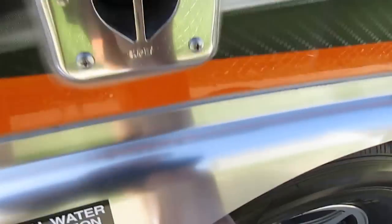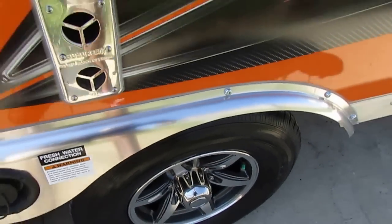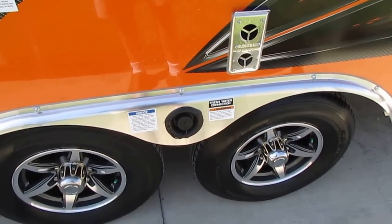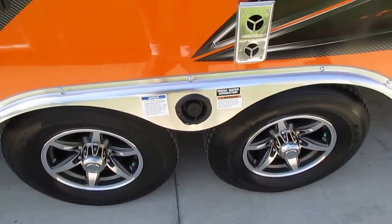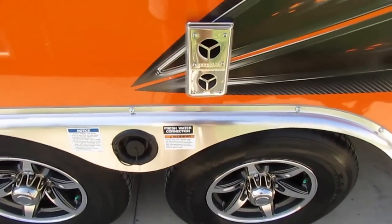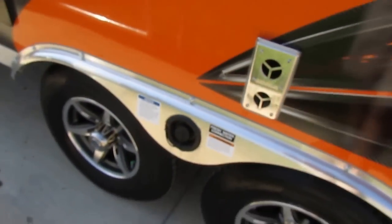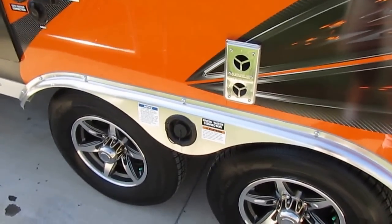You've got 15-gauge steel wheel wells. So if you ever have a blowout, it's not going to damage your camper. You've got a lot more protection against damage to your camper. Other brands use a really thin piece of aluminum or plastic wheel wells. These are 15-gauge metal. It's got incredible 3,800 pound cargo carrying capacity, and because this frame is so heavy duty,